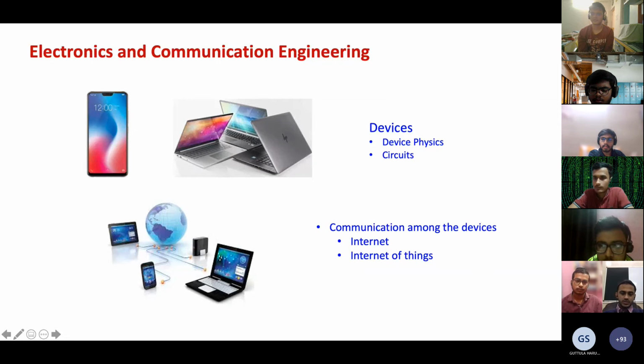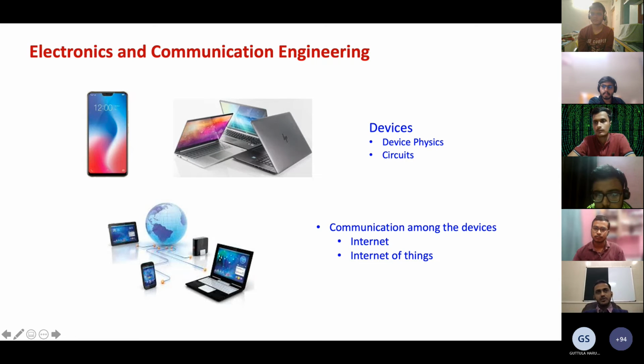even cars can talk to the mobile phone or computers, or even the washing machine. By talking to a washing machine, we mean that we can control a washing machine using our mobile phone or computer or any other device, or